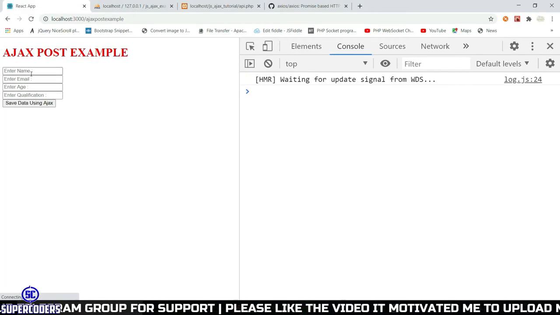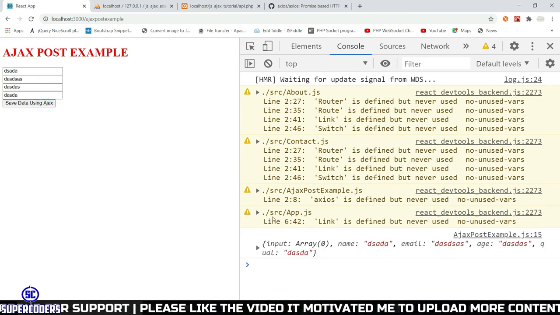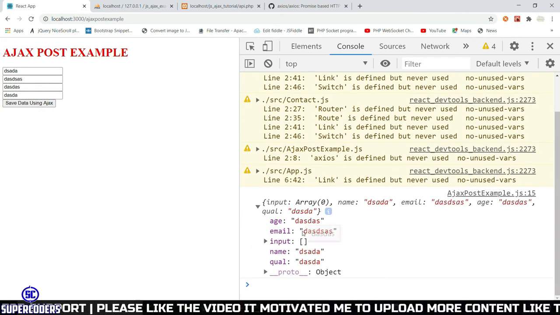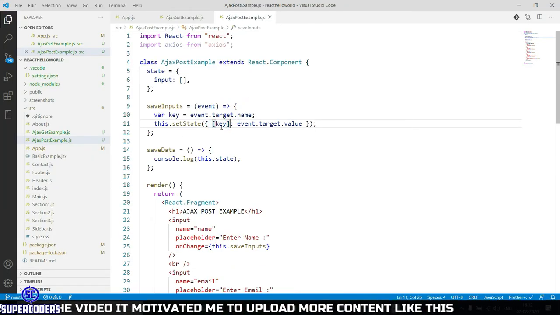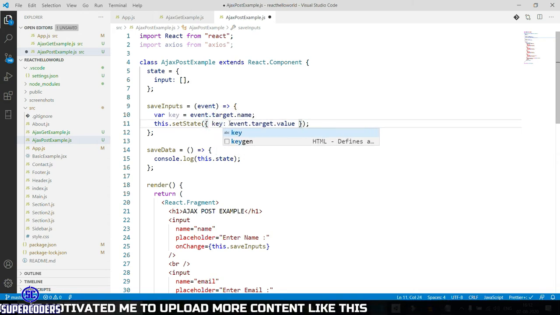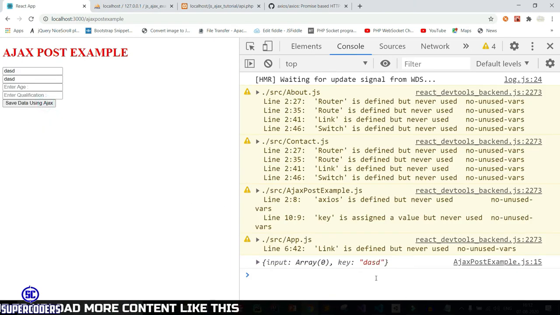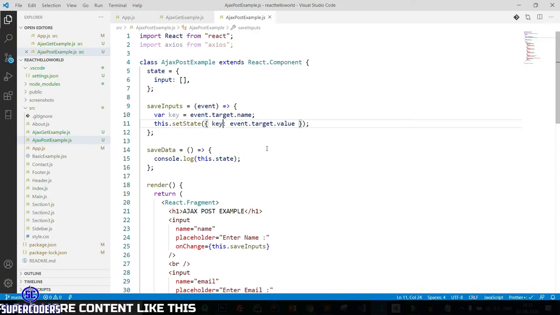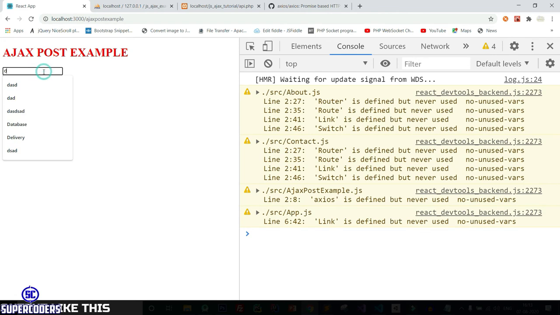Now again refresh the page, and if I click on save, you get the dynamic state key values. So in this way you can use square brackets for setting a dynamic key. If you use it directly, it will not work. Let's see. You can see it does not work directly, so you need to add square brackets. In this way you can set dynamic key values.